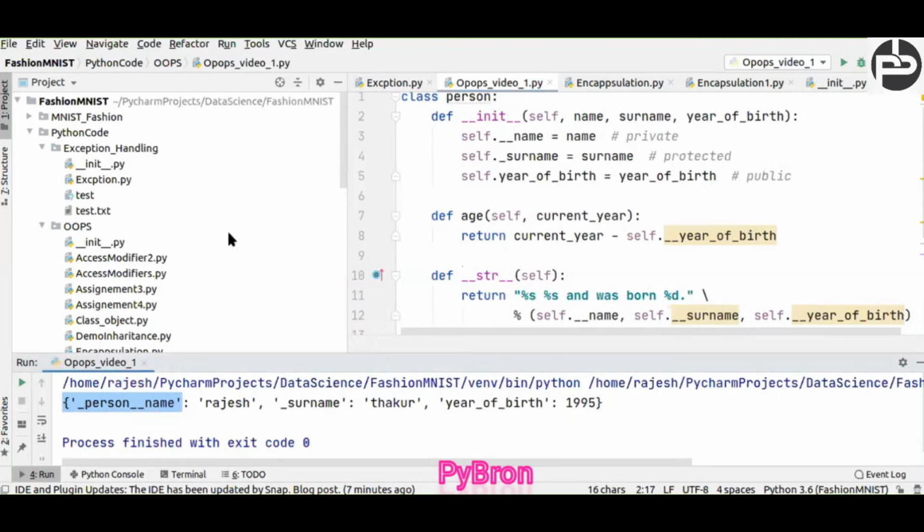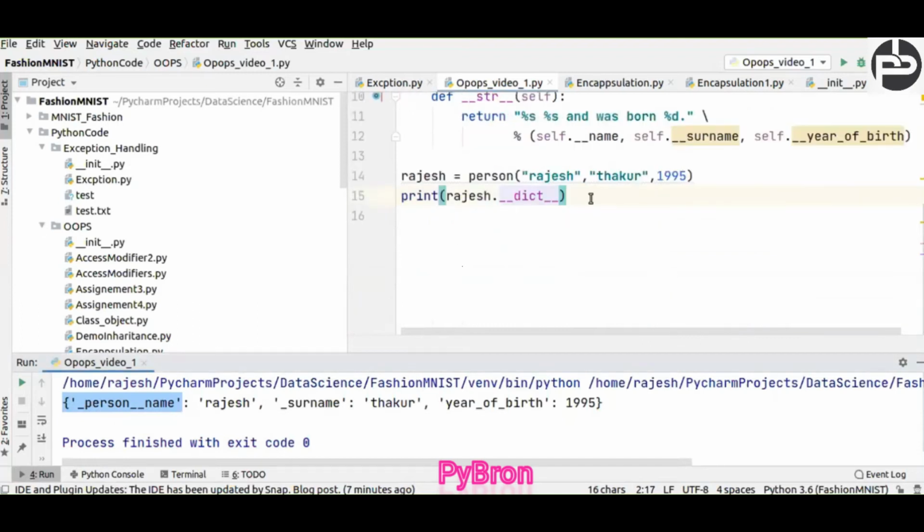Okay, so let's suppose we are going to call the person name. How can we call it? How can you verify which is protected or private and how we have to call? You can just call the dictionary attribute with the help of the object, and you will get to know how we have to call. Okay, cool.